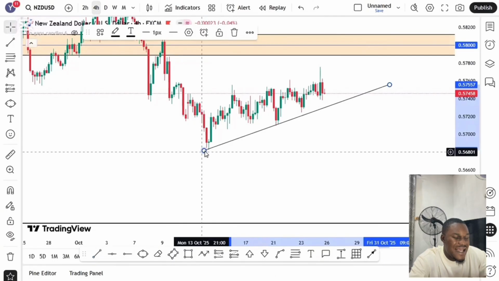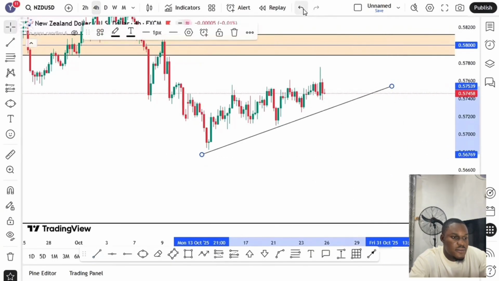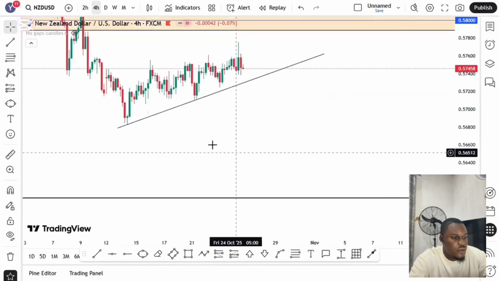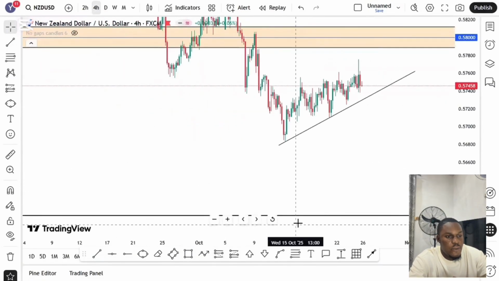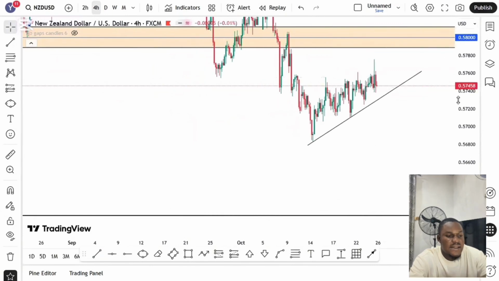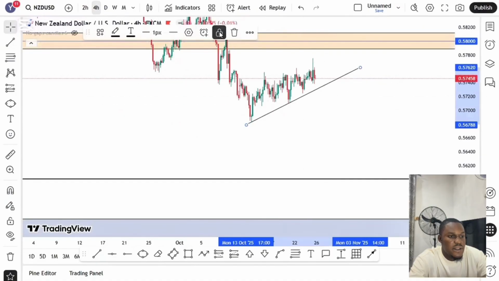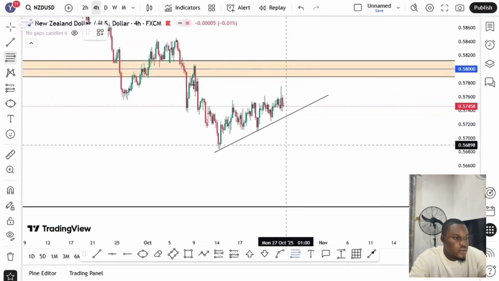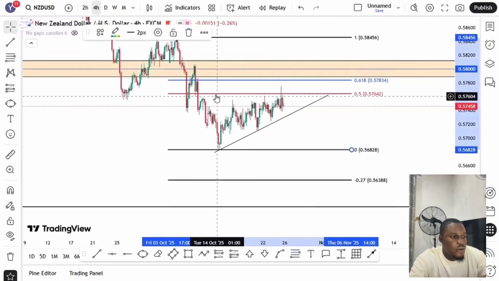So we have this counter trend line which is guiding us not to trade at the moment. This trend line is our guide. So how will I trade NZDUSD? I will only be selling NZDUSD if we break this counter trend line around here. I don't know how long it will take, maybe on Monday, Tuesday we might break out, I don't know. If we break, you see everything is lining up so nice.